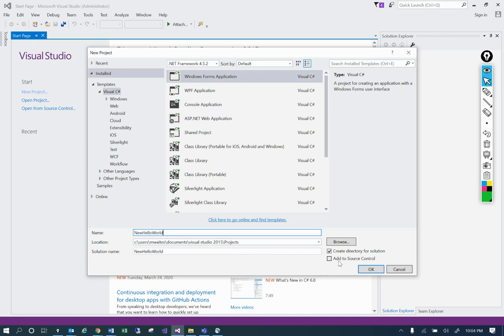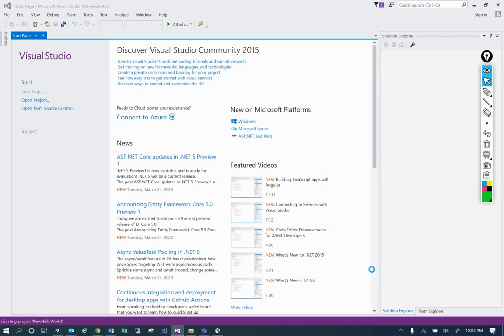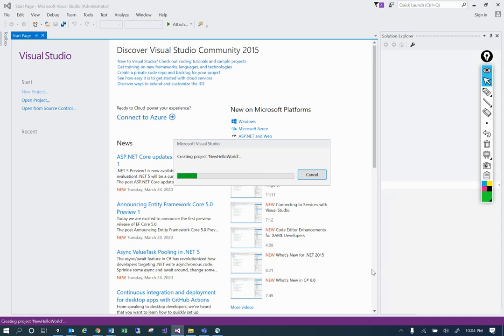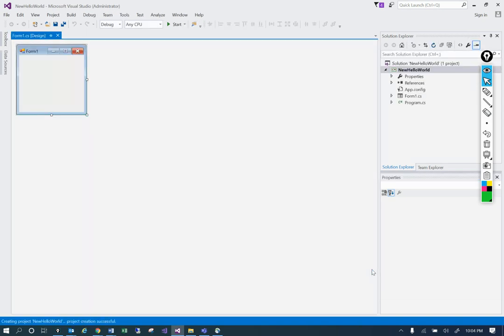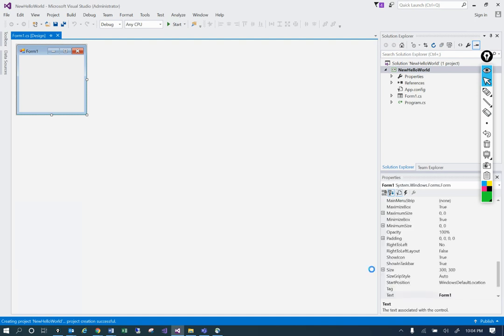We won't worry about source control. We're not using source control. So we're going to go ahead and say OK. And Visual Studio will get going, and it will create us a new project. In fact, it's going to create a form for us because we did say we wanted a Windows form application. So because of that, it's going to go ahead and give us our first form, and here it is,